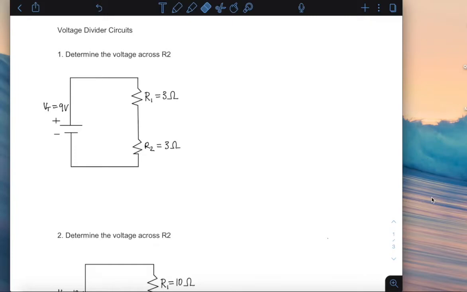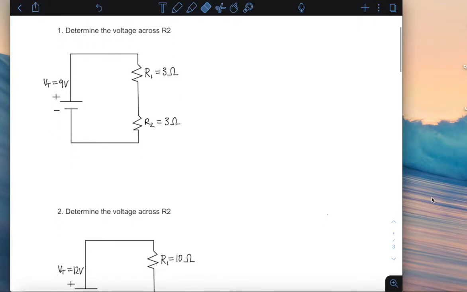Hi everyone, let's talk about voltage dividers. To begin, let's just start with a really simple series circuit. And the question is asking me what is the voltage across R2. Now, since this is a series circuit, I know that the current that comes out of my source goes through